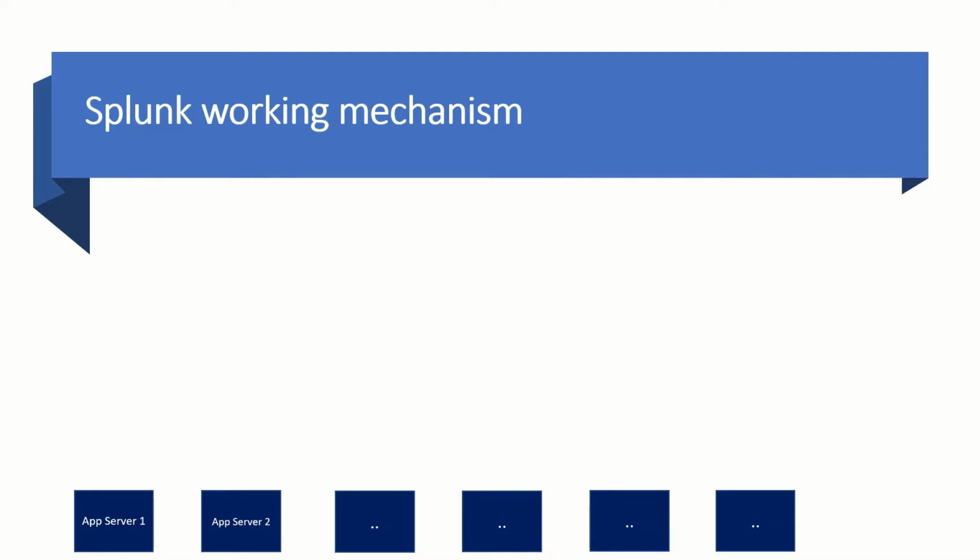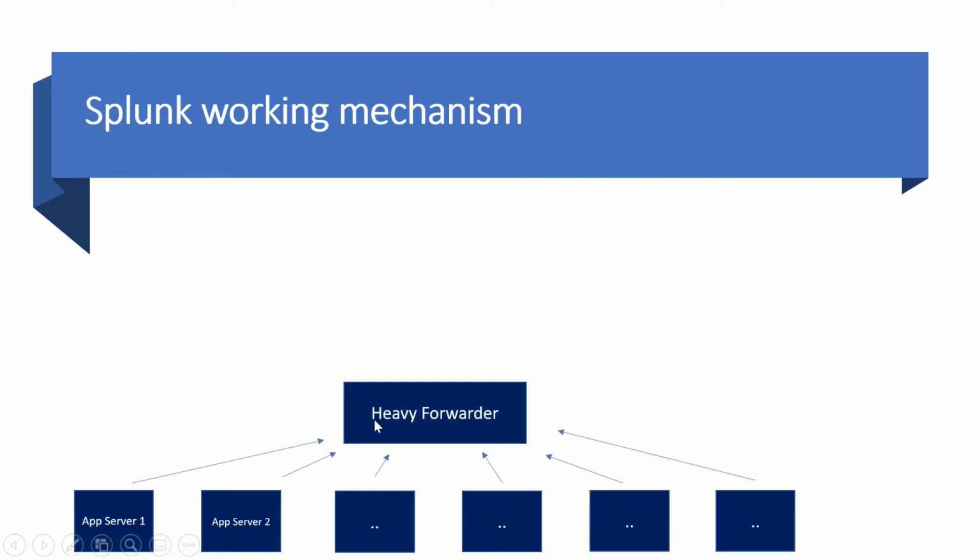About the components, I have already created a video. Please go and watch that video. It will give a brief about the components. Once you have installed a lightweight agent on the server, you can forward the data to a heavy forwarder, which is one of the components of Splunk. Either you can forward data to a heavy forwarder or directly to an indexer. So you can forward data directly to the indexer, or it can go from input to forwarder and then indexer.